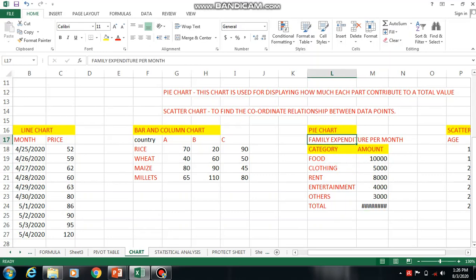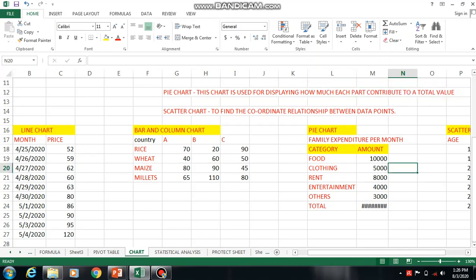This is the family expenditure per month, how much the family is spending per month. Here I have categories and amount: for food this much, for cloth this much, rent this much, entertainment this much, and others this much. I want to represent this data to display how much each part contributes to the total value. So for this I am using a pie chart.